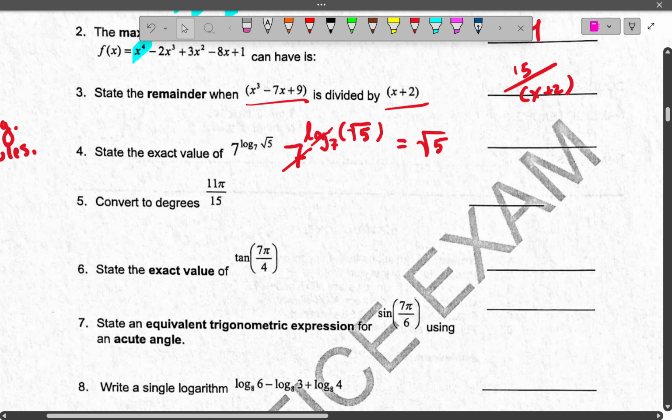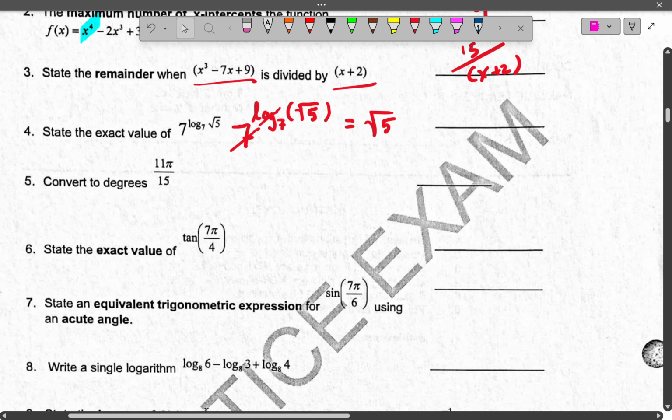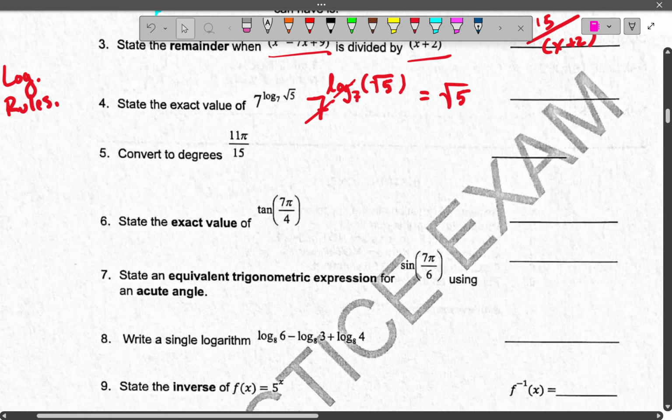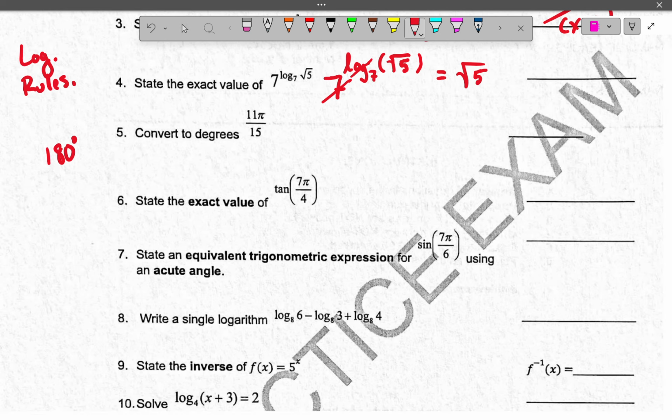This one here, converting, we are given an angle in radians, and we want to convert it to degrees. And the easy way to do this is to first remember one thing, and that thing is that 180 degrees is equivalent to saying pi radians. And so if our intention is to get rid of the radians, or get rid of the pi here, we have to get rid of it by dividing by pi. So we're going to multiply this by our equivalent fraction that we have here,